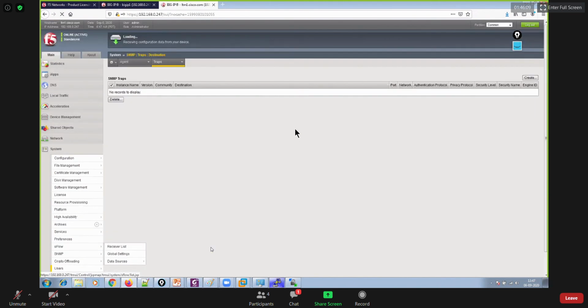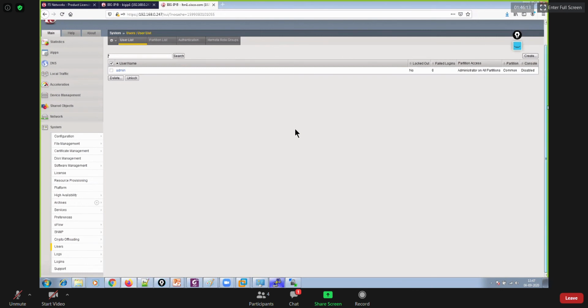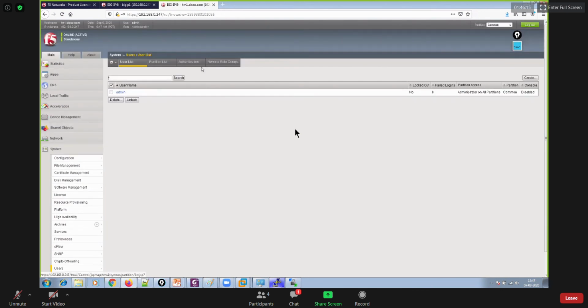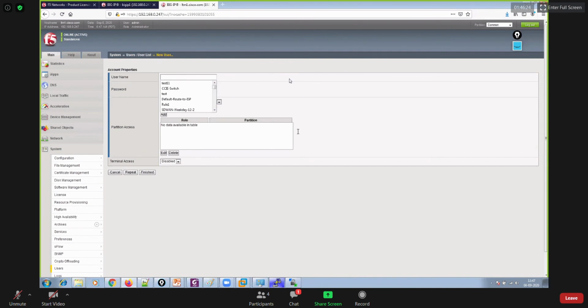Users, you can create them. You know very well that for CLI access, you have the root user ID and password. In case you want to create some more user IDs and passwords, you could click on create and create multiple user IDs and passwords over here. So let's say Saurabh, password iMerita@123.